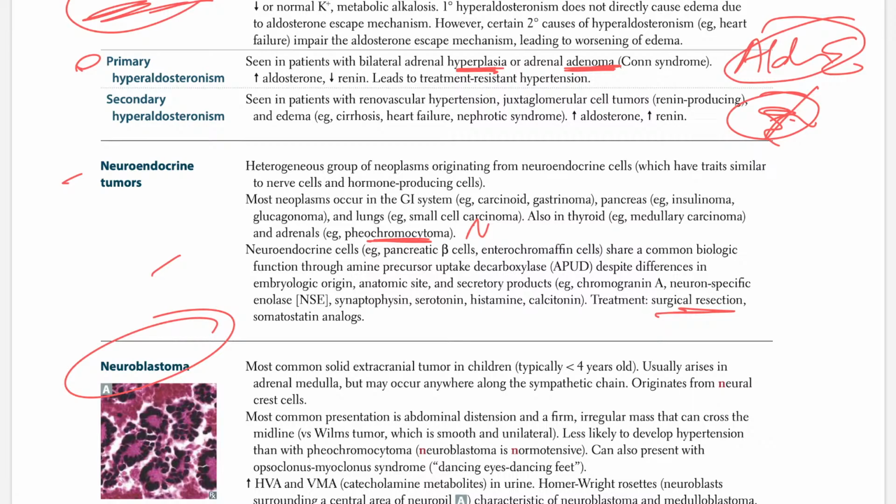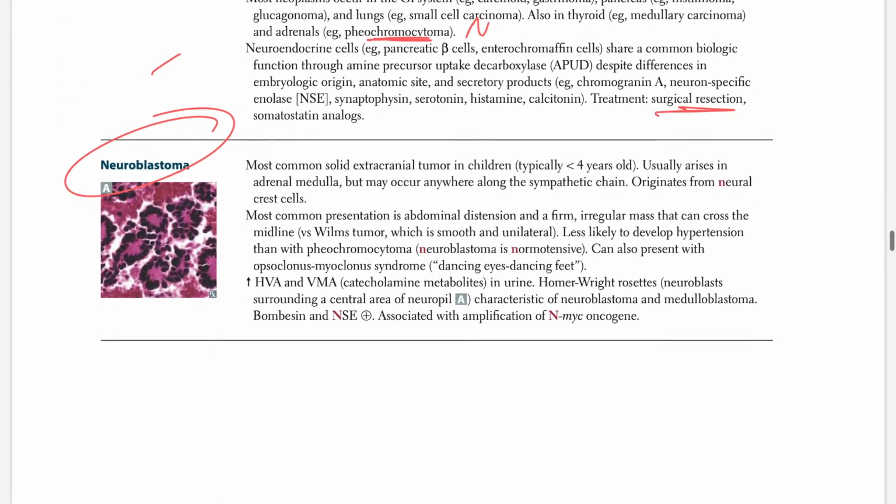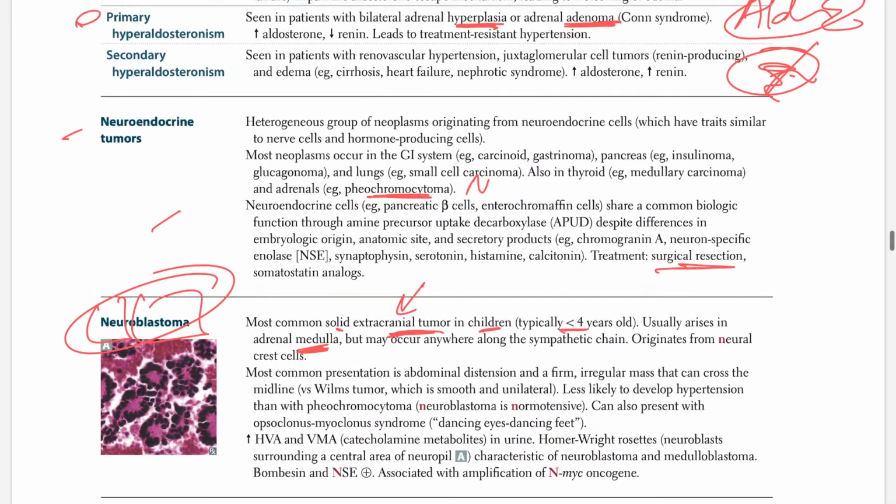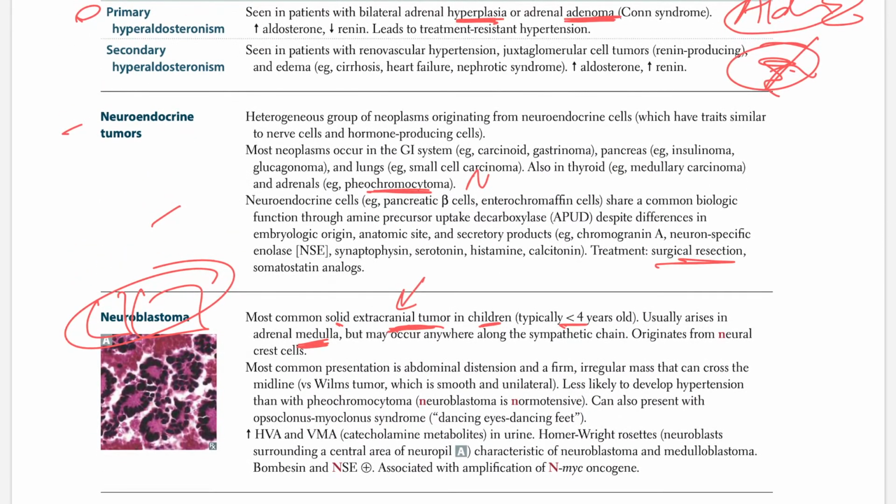Okay, let's talk about the next one, which is neuroblastoma itself. Here we have a solid extracranial tumor in children less than 4. It usually arises in the adrenal medulla. Again, a child with an adrenal medulla tumor, it's called neuroblastoma, and we will see